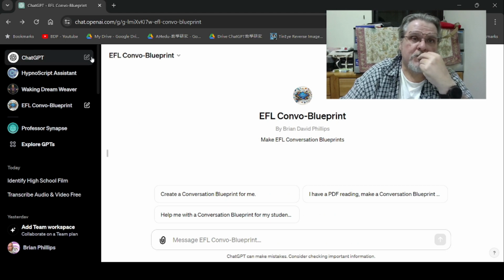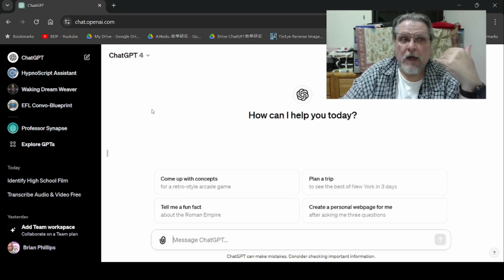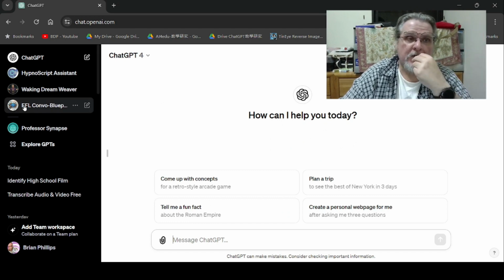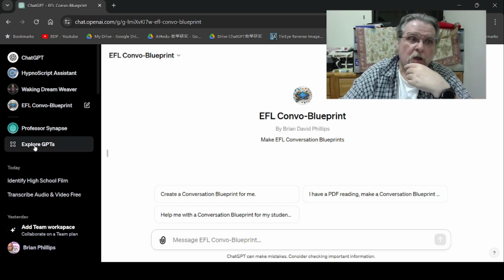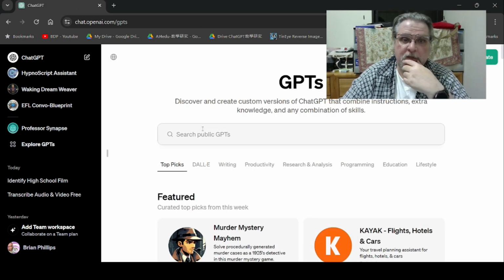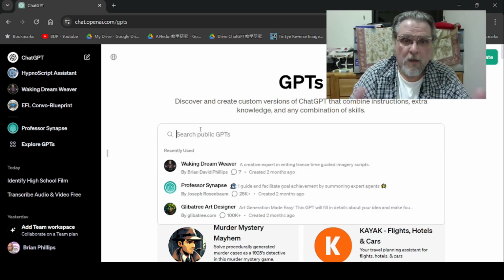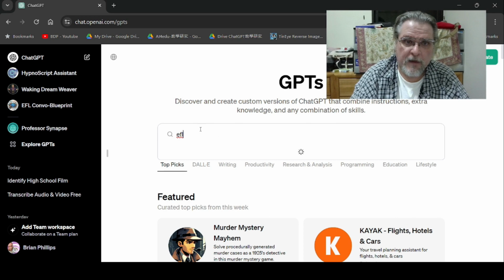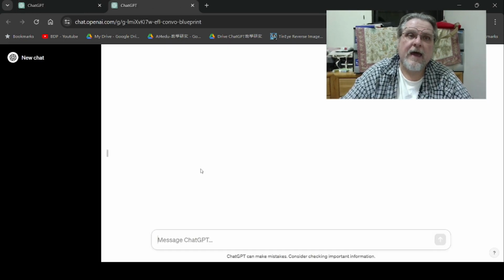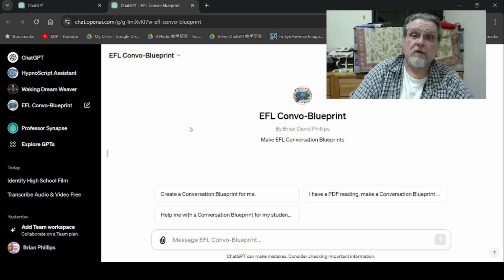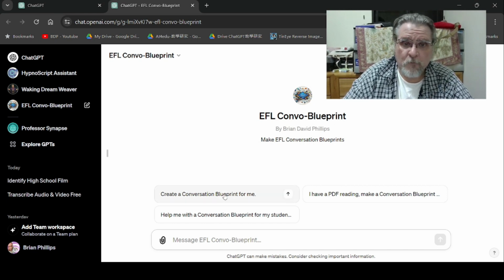And so just to show you straight up, I now have in my left sidebar EFL Convo-Blueprint. I click on that, and there we go. You can also go to Explore GPTs and search for the name of the file, EFL Convo-Blueprint. I can click on that. Now I'm in the EFL Convo-Blueprint. I can click on one of these starters, or I can just type in,